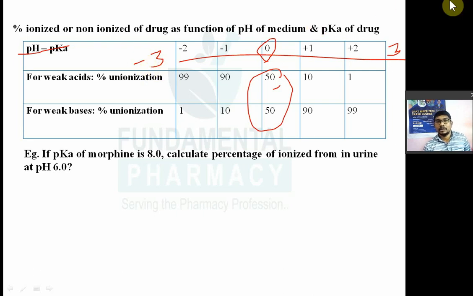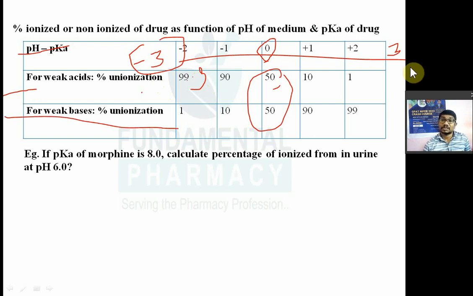Okay, so likewise for weakly basic drug, by chance if this value comes -3 pH minus pK, that means 0.1% drug will be unionized and remaining 99.9% will be ionized. Likewise for weakly basic drug अगर pH minus pK +3 आ गया, तो यहाँ पे 99.9% हो रहा है, तो ये +3 मैक्सिमम रेंज में आता है, ठीक है। +3 मैं next time इसको include करूँगा।